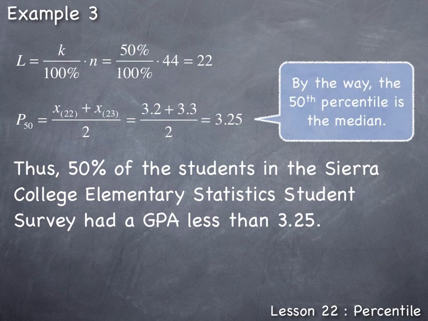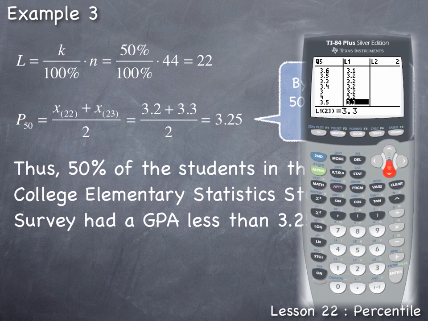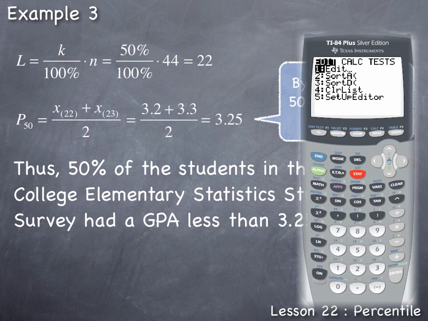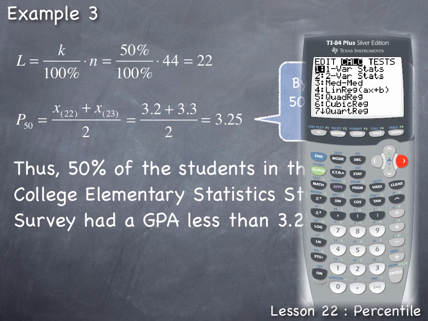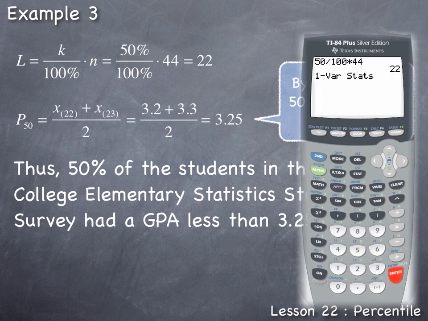By the way, the 50th percentile is the median. So if we recognize that, we could have just used one of the TI-84 calculator's stat commands to calculate the median for us. To calculate the median for this list, we would press Stat, right arrow to Calc, press Enter, and then second one to bring up List 1, Enter,